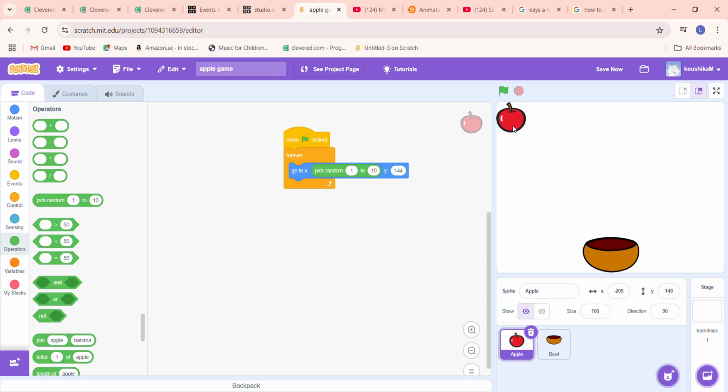So 148, it is minus 209. This is how people who code get these numbers. So minus 209. Okay, so we have to check again. Y position is minus 140, 152, and then